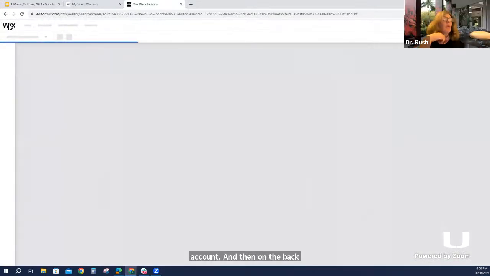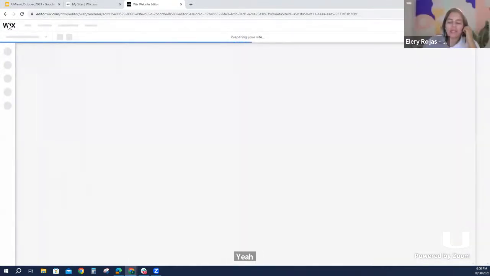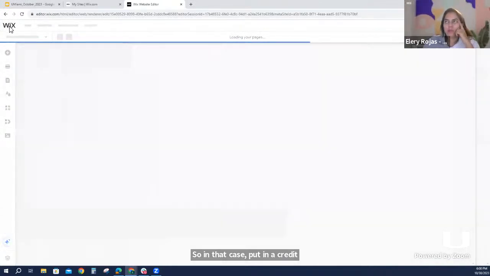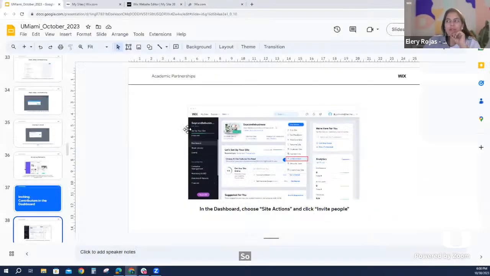In our group, we have to assign for the group project, one person is going to have to put in their information as they are the owner. So in that case, we're going to have to put in a credit card when creating the account? No, that's at the end. That's only when you're adding a coupon code and upgrading. Oh, okay. We're not there yet. So even in the beginning, they don't even need a credit card. No. Perfect. So here, I'm just going to the dashboard, which is our view that we have here.